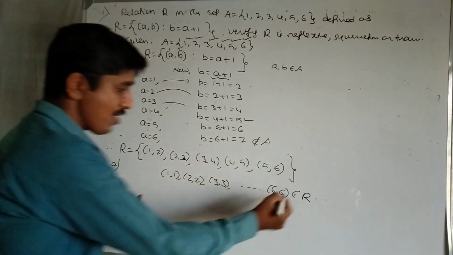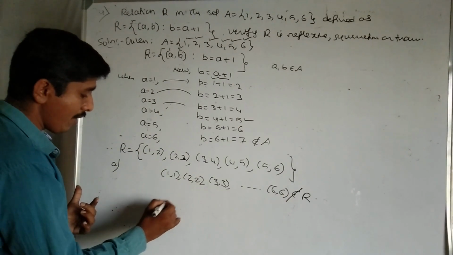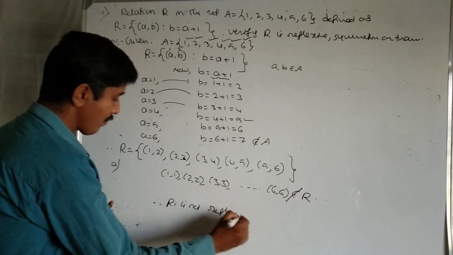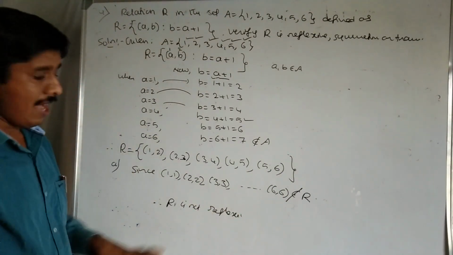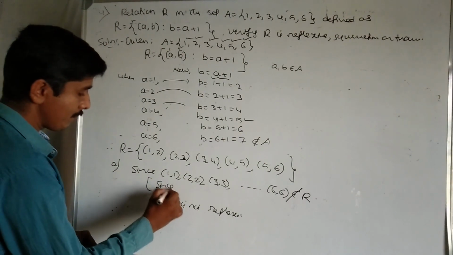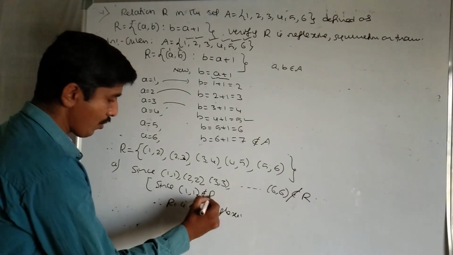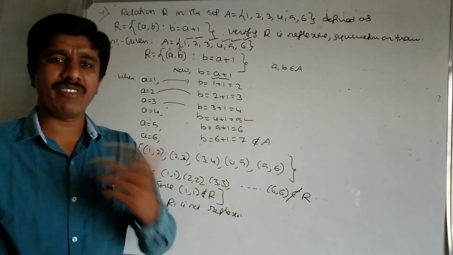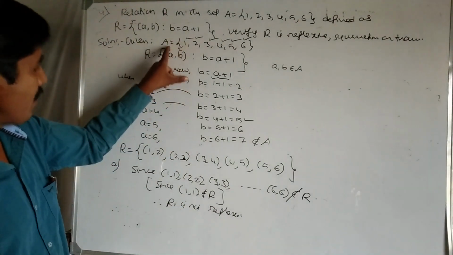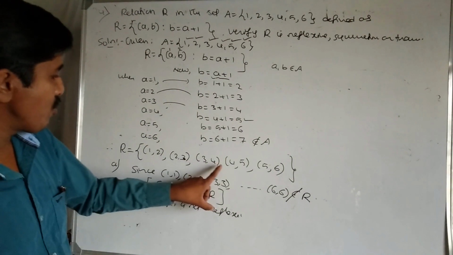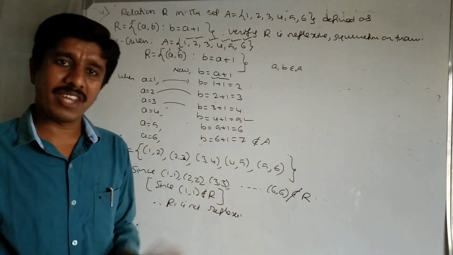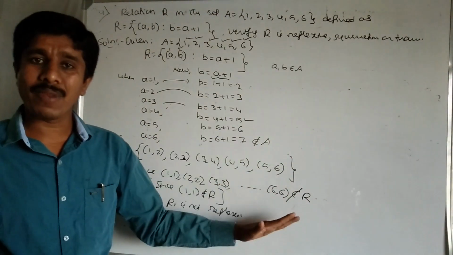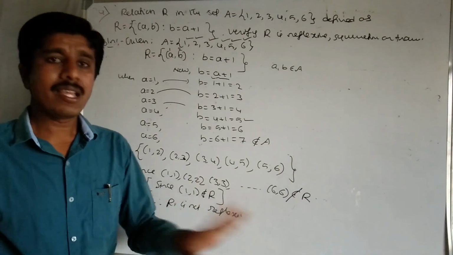These 6 elements do not belong to the relation, therefore R is not reflexive. Or you can write alternatively, since (1, 1) doesn't belong to the relation. And this is one thing: if you show one subject file, the total result is what about the file? Here directly you can write 1 belongs to set A, (1, 1) does not belong to the relation, therefore it is not reflexive. Finish. Or you can write like this: (1, 1), (2, 2), (3, 3) and so on up to (6, 6) do not belong to the relation, therefore it is not reflexive.